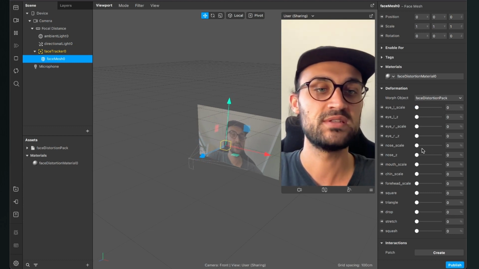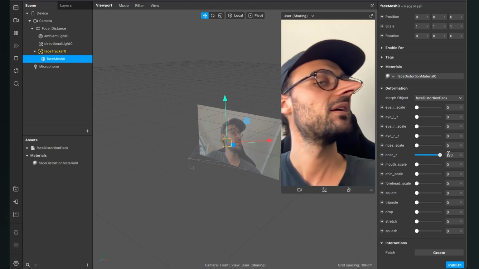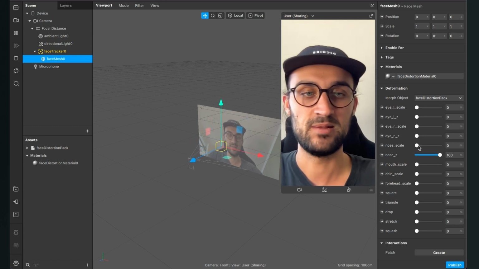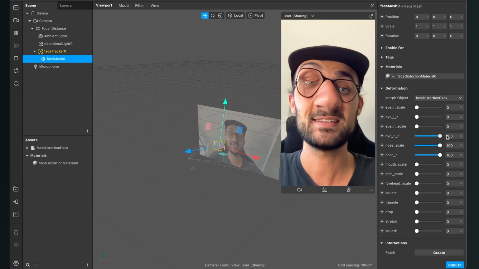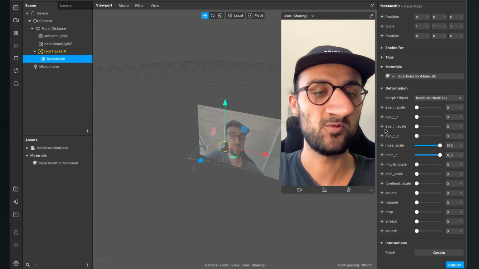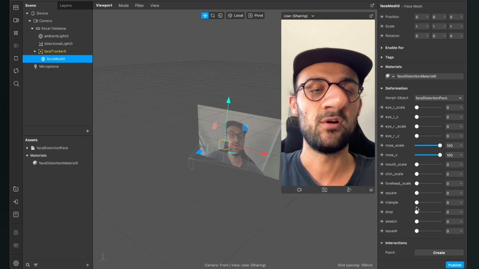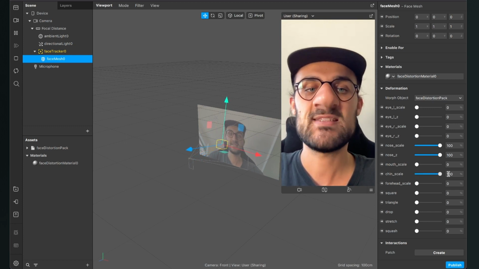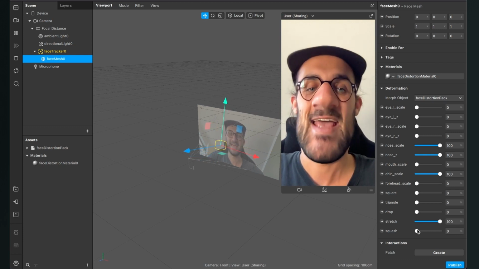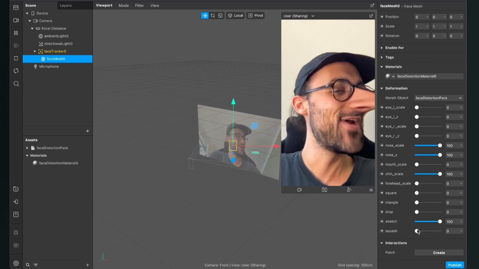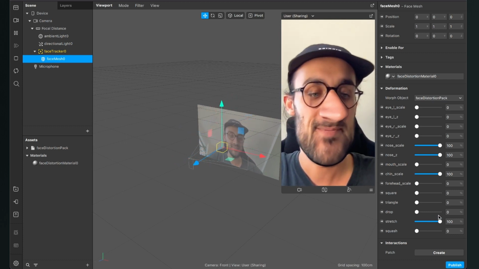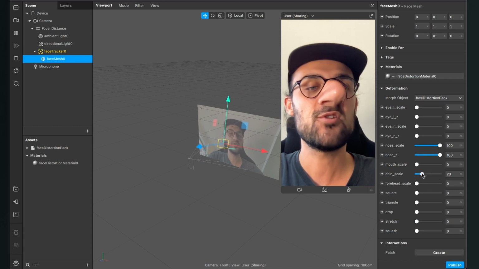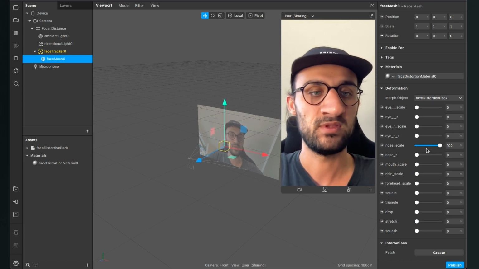For example, you can stretch the nose and also make it a little bit bigger so you have a bigger nose. You also can do this with your eyes and also with your mouth or your chin. So for example this, or you can stretch your whole face, and this looks pretty funny. So as I said, it's a really funny tutorial here, and you can also use those values to extract them